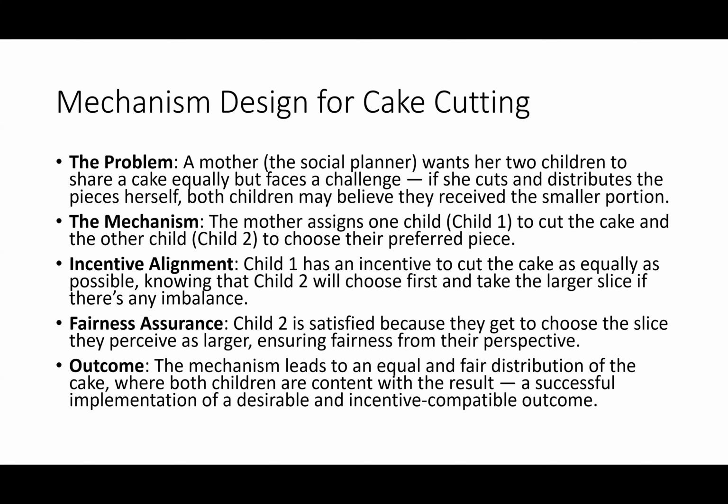So basically, what you are looking at as far as incentive alignment is concerned is structuring the game such that the interests of the individual players, in the long run, align with or support whatever social welfare you are trying to achieve. So at the end of the day, the first child trying to cut it so that, if the other child picks first, she wouldn't pick the bigger one, is also making sure that you have that equality, right?